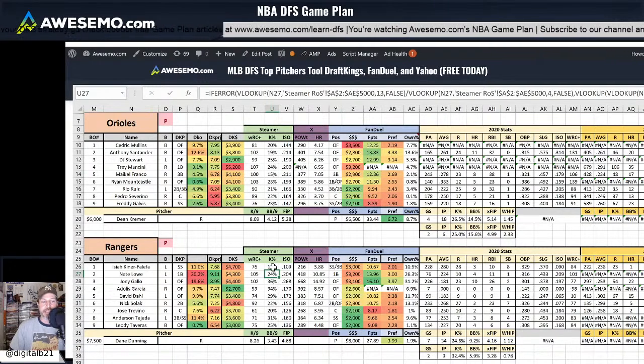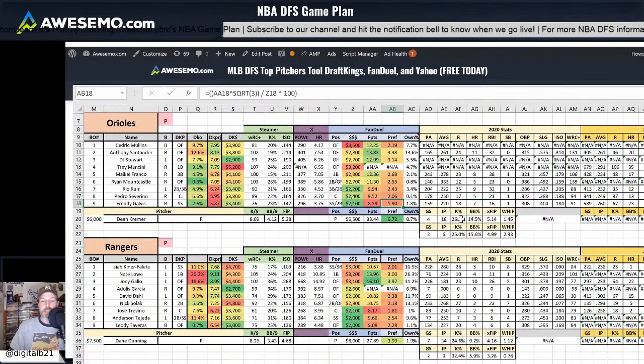It was an average, including Kiner-Falefa's 17%, which is very good, it was still an average of 26% down the lineup. Kremer is a kid who has been a high 20s to mid 30s strikeout rate pitcher through his minor league career. He put up a 26.5% strikeout rate in 18 innings across 4 starts last year at the major league level. Yeah, he walked 14.5% of hitters, which is concerning, and is at 15% in his 6-inning sample